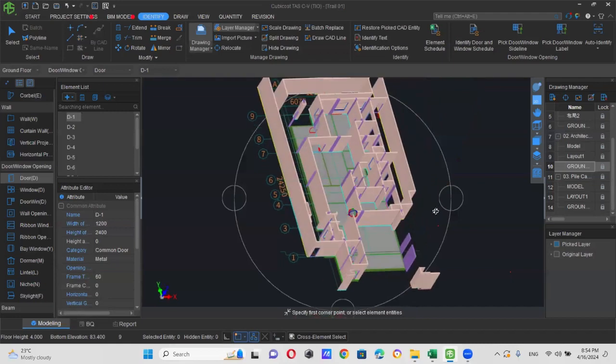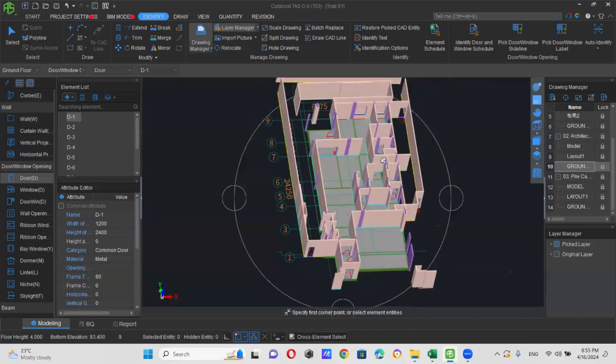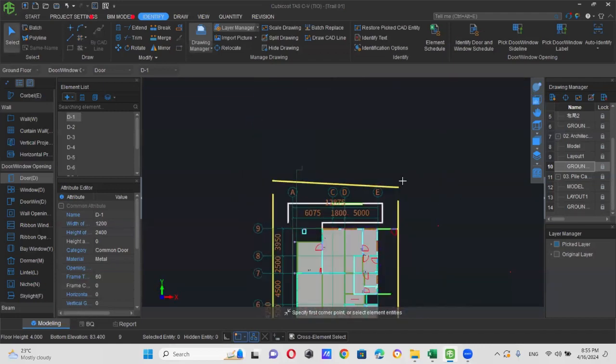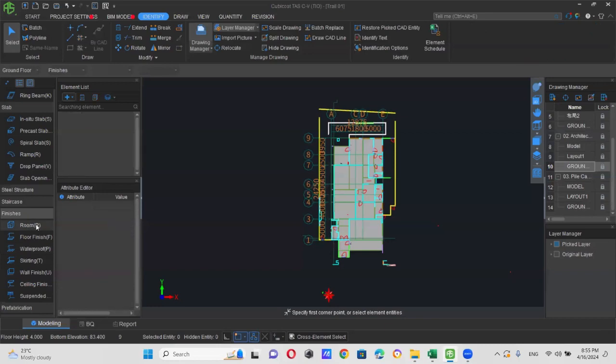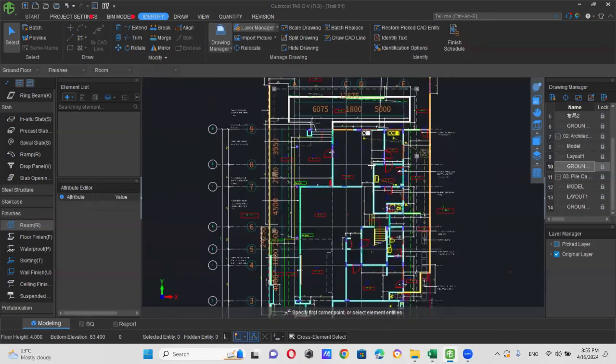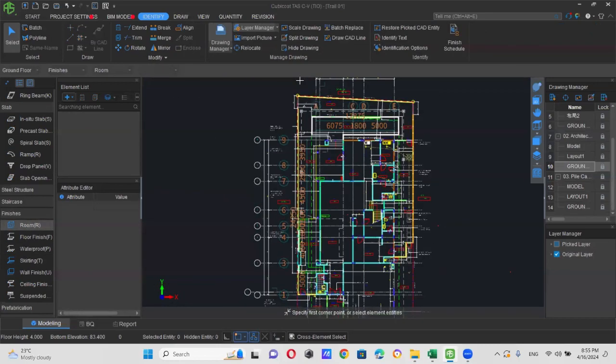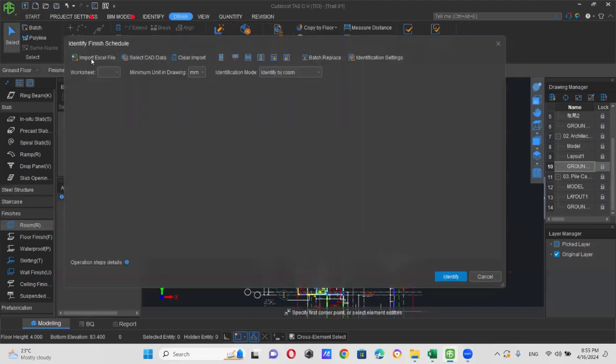Automatically. No need to worry about a single thing. After doing this, as quantity surveyors, we struggle to measure finishes. But if you have this software, you will be safe. I will go to this room and click on draw, finishing schedule, import from Excel file, and I will click